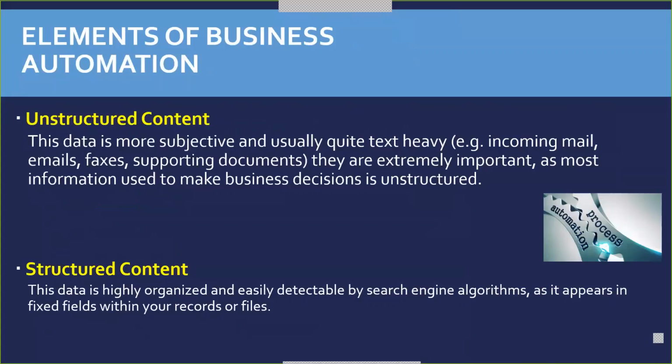It may be so regular for you that you may not even think of it in this way, but there is what's called unstructured content, which is made up of paper or faxes or emails that we are working with on a day-to-day basis. Anything that's coming in as some sort of heavy text, that's what comes into your business,